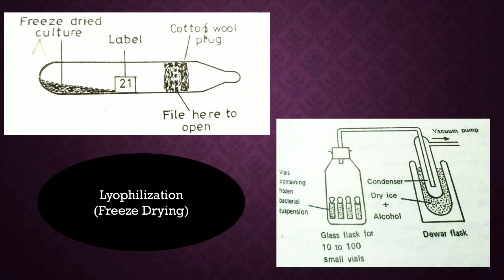So the culture is dried out and it is immersed in a freezing mixture of dry ice and alcohol. Once the drying is complete, the cotton plug at the top is cut off, and the rest of the glass is then sealed by using heat. So what we are doing here is we are pushing the cotton plug into the tube, and the glass is then constricted and sealed. This makes sure that we can keep several such glass vials in the refrigerator at 4 degrees Celsius. So these are some of the methods of maintaining a pure culture.